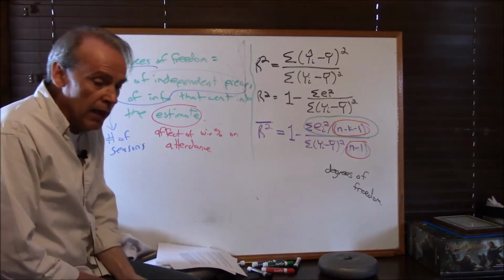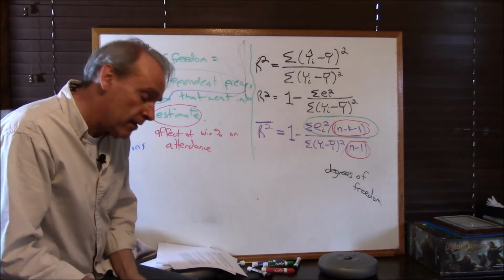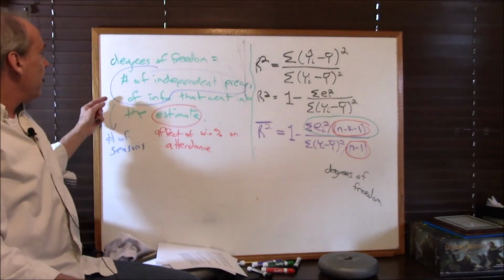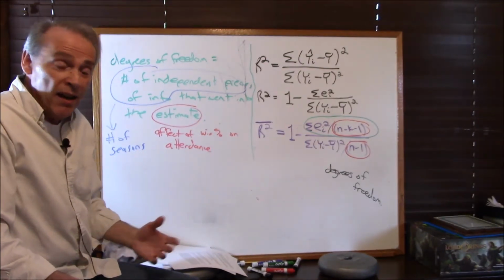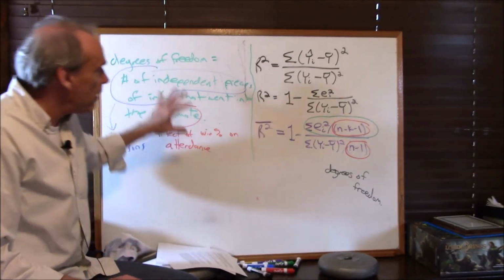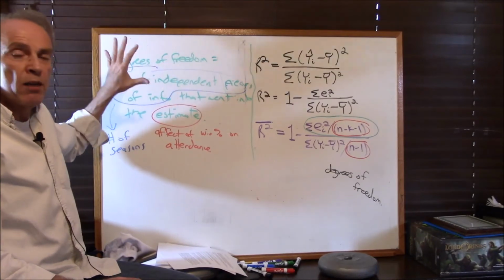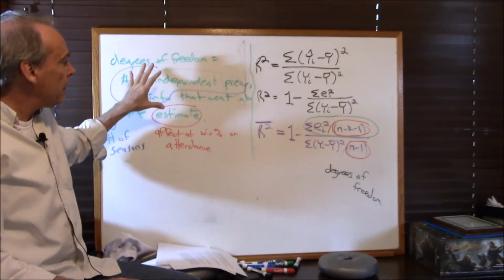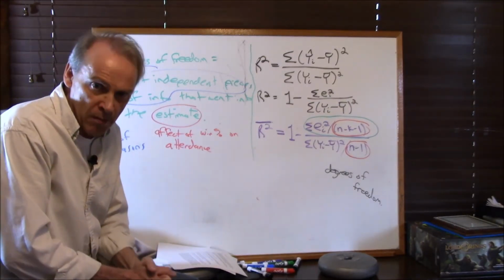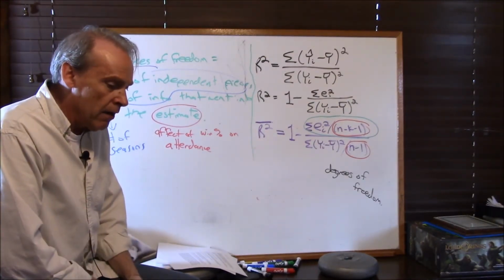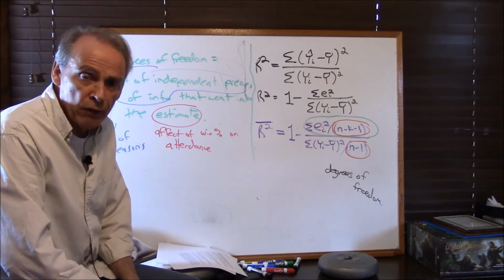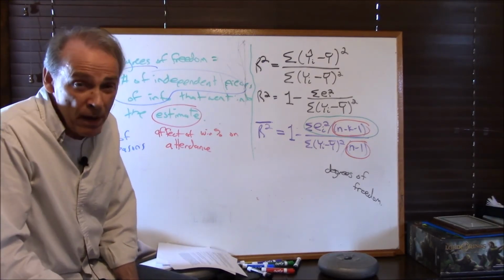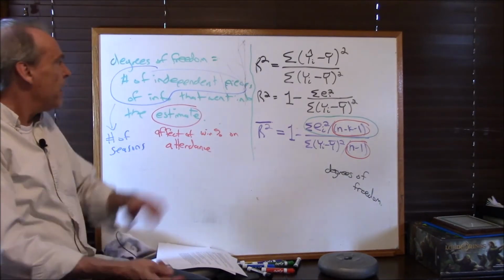One season in the SEC is not terrible. You're going to have, what, 12 teams? I can't remember how many are in there. But it'd be nice to have 20, wouldn't it? Then you can probably get a much more reliable estimate. So you generally want as many degrees of freedom as you can get in econometrics, right? Because then that makes your estimates much more reliable. It is like flipping a coin twice versus flipping a coin 200 times to determine whether or not it's fair. 200 is better, all right? 200 is going to give you a better sense. So that's degrees of freedom.